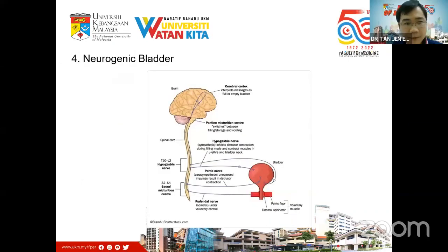Okay, so next is neurogenic bladders. As we know, for our bladder there's a pontine micturition center and also a sacral micturition center to control our bladder functions. So when the spinal cord function is affected, it depends on the level. If it mainly affects the sacral micturition center, which is the lower sacral region, S2 to S4, then mainly the somatic, so mainly the sensory function will be